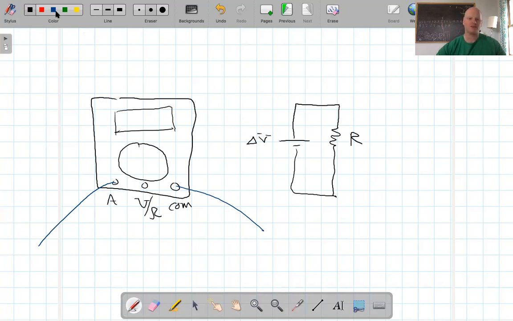If I want to measure the potential difference, what I would do in that case is connect my voltmeter in parallel across this guy. So basically I'm going to put one probe before the resistor, one probe after the resistor, and this is what's called in parallel. It's called in parallel because the current which is coming through here, by the time it gets to this point, which is what's known as a junction point,